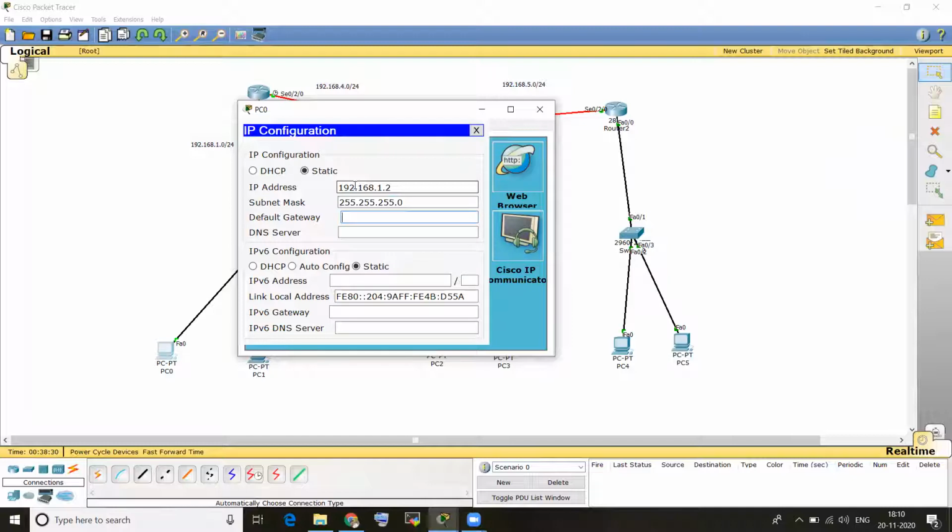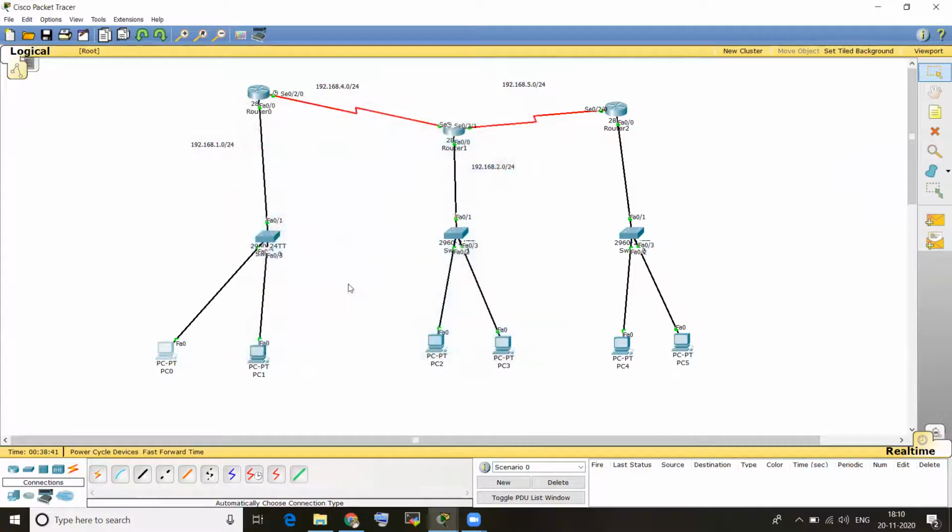Default gateway 192.168.1.1. Default gateway is compulsory. If you don't give the default gateway, it won't connect. Which one is the default gateway? It is the router's address we already set, 192.168.1.1. This one only is the default gateway.